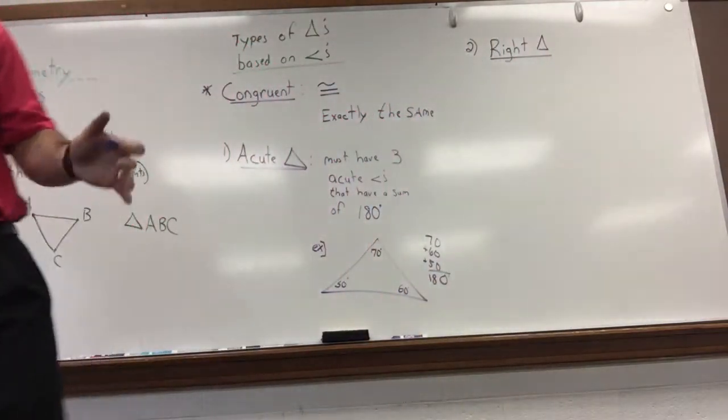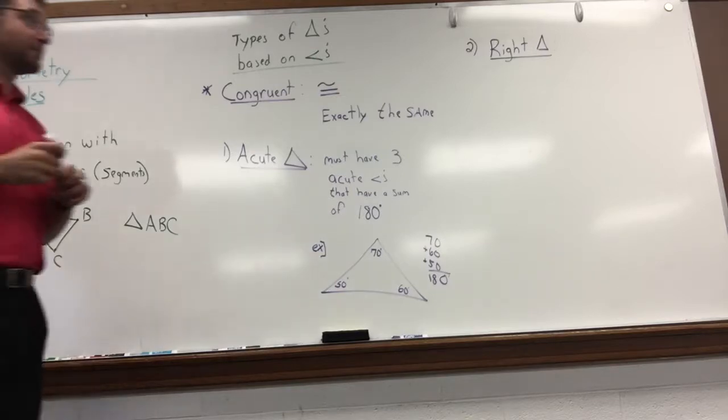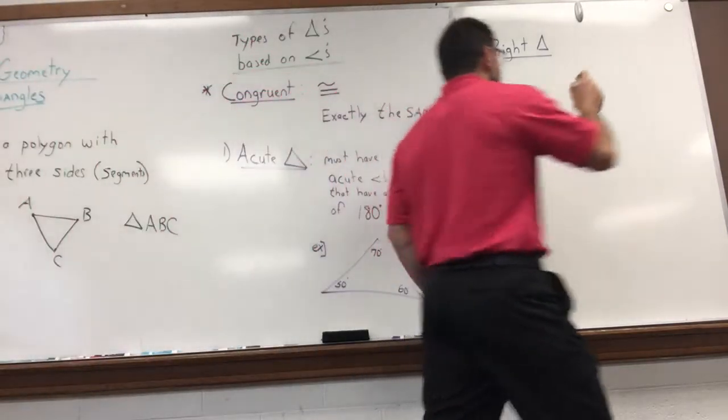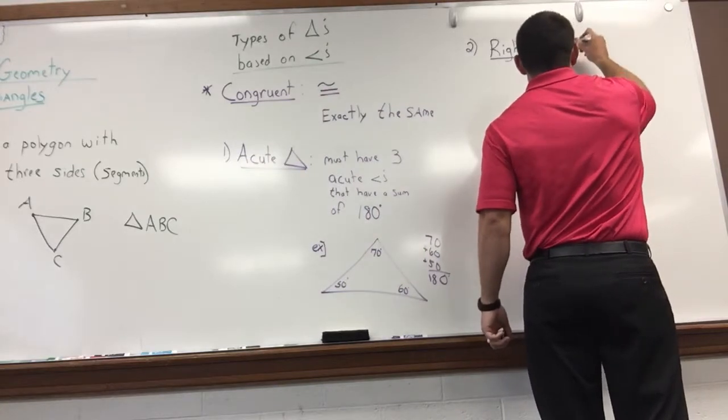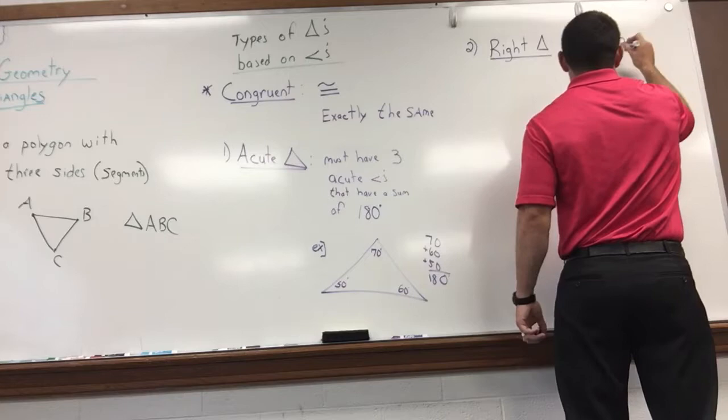So, I know, you're ready for this. A right triangle. What types of angles are we going to have? What's going to be in a right triangle? Trevor? 90 degrees. Yeah. So a right triangle must have a